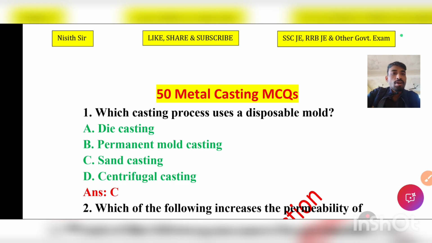मैं पिछले वीडियो में पार्ट 1 लाया था, ये पार्ट 2 है। तो चलो इसको शुरू करते हैं।